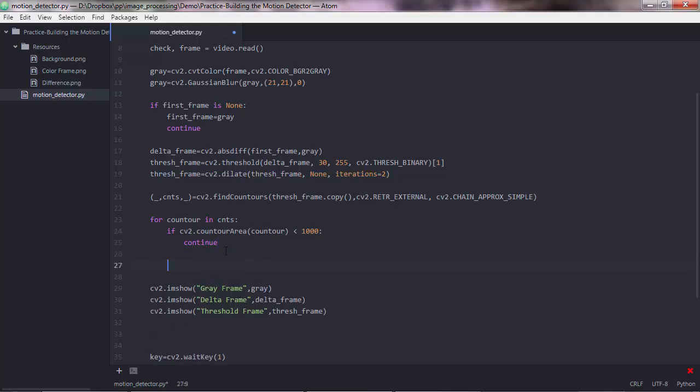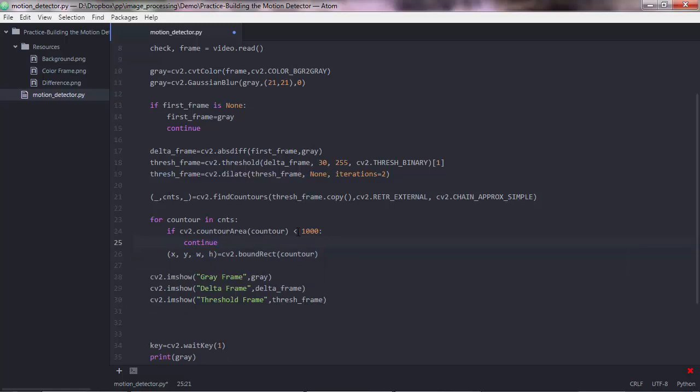So make sure you are inside the for loop. So we are still iterating, and these are the parameters that define the rectangle, and that would be equal to cv2.boundingRect of the current contour. So if the contour has an area of equal or greater than 1000 pixels, this will be executed. So we are creating a rectangle, and then we want to draw that rectangle to our frame,